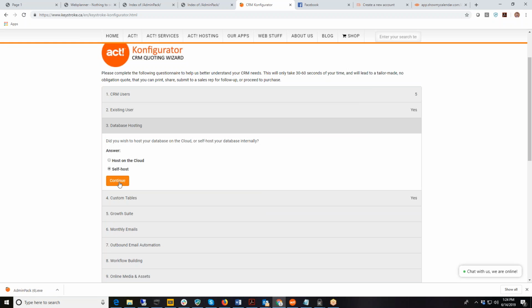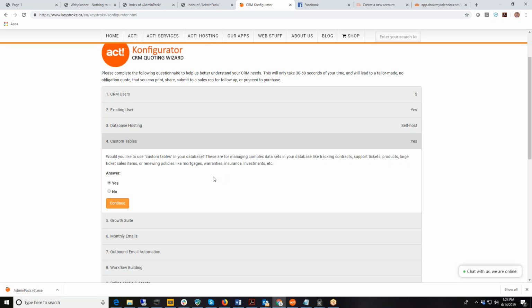They're going to say self-host in this case, and then we click on custom tables. Now, custom tables is where we made the change, because we had an error in our cost calculation, so that if it's custom tables, you get $120 added for all users, not just additional users, okay? Because what happens is, let's say that you get Growth Suite and 4 additional users, so you actually have a total of 5 users. Then you actually need to buy five custom tables. The first one, like the license, is not included free of charge. So we had to break that costing up, and we separated it for the simple reason that in the fall,